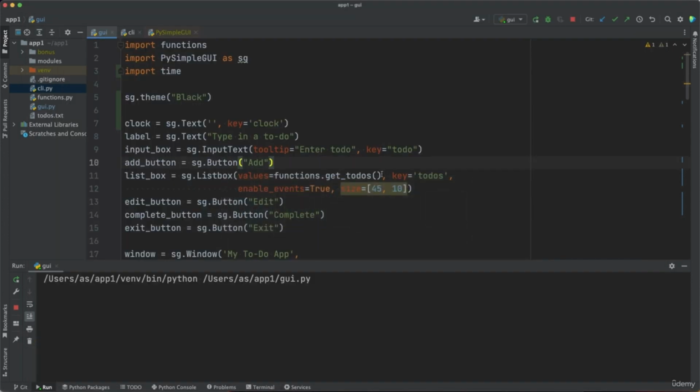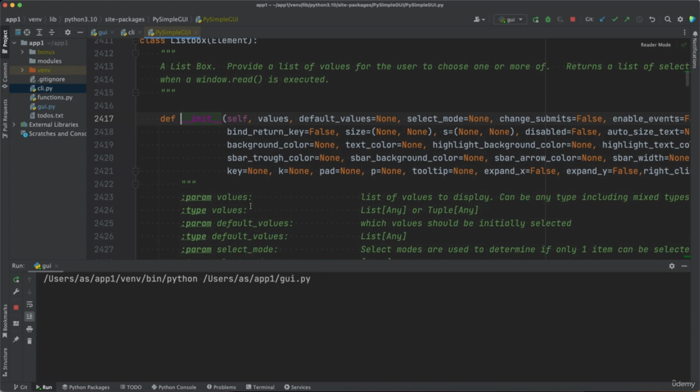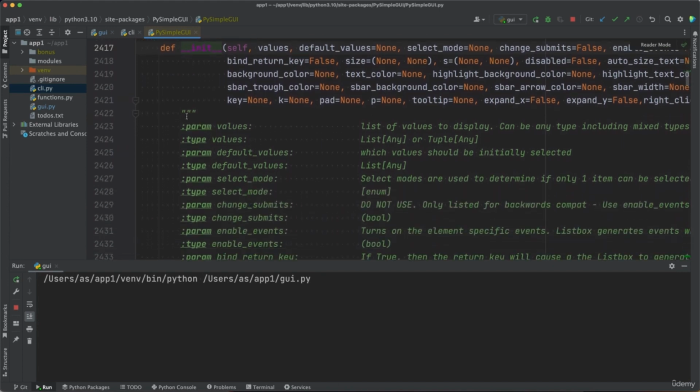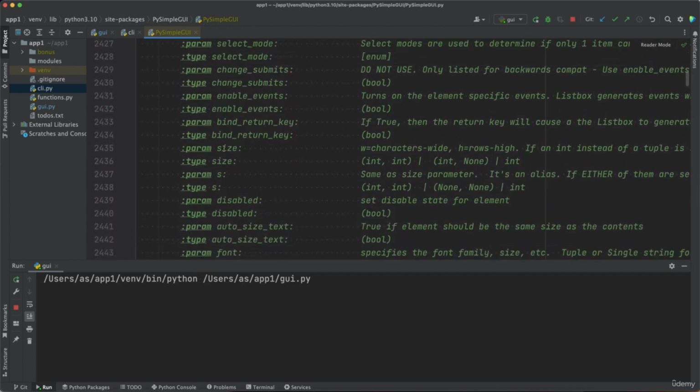Lastly, I want to talk about the sizes you give to your widgets. For example, we used size equal to that list, which has 2 elements, 2 numbers. That was the size for the list box. Now, how do I know what size to give here, and how can you know? Well, for such things, you don't even have to ask me. You can right-click over list box, go to implementations, and then look at the size description in the docstring. So you see the triple quotes here. So if you scroll down somewhere here, that's the size, and on the sides here is the description